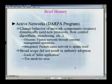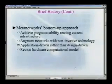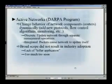So the broad scope of this research program did not really result in a wide industry adoption, although there has been very, very good research that came out of this, very fundamental research in how to design safe programming languages for network applications, hardware prototypes, and so forth. So meta networks, which basically I started after that,